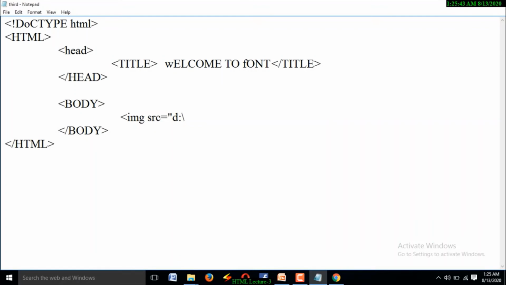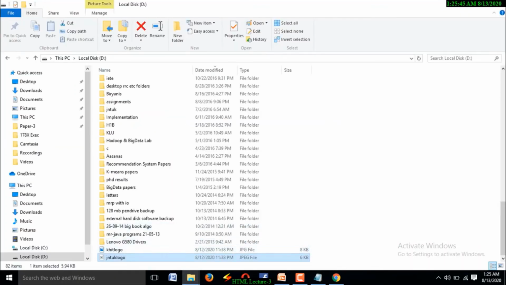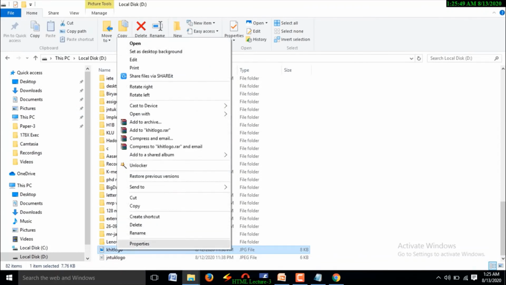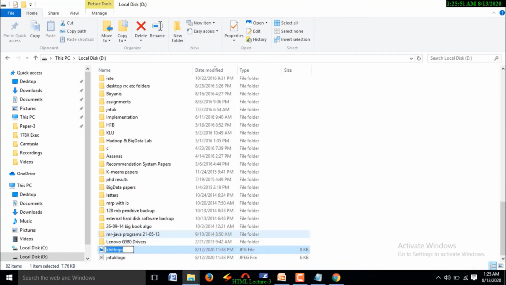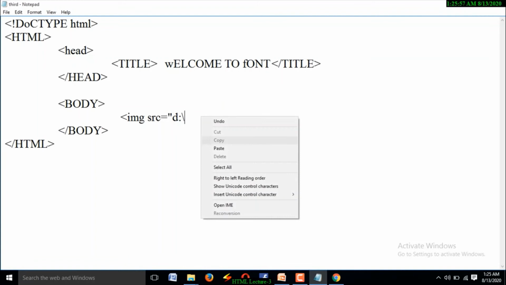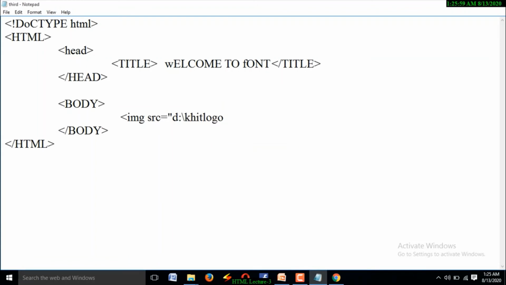Inside D drive I have images. Suppose you want to display KHIT logo, just rename it. To avoid typing errors, I am copying the name, KHIT logo dot JPG. Right, this is the file name.